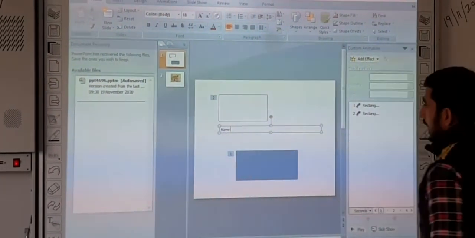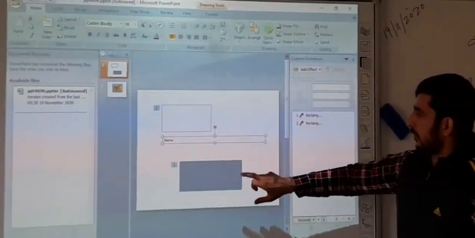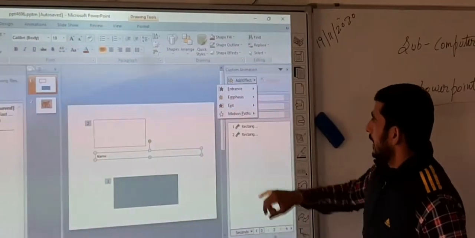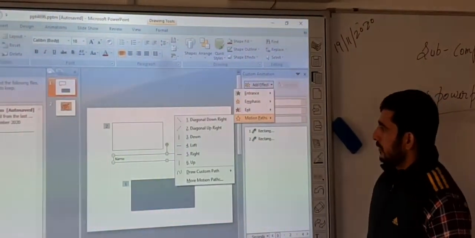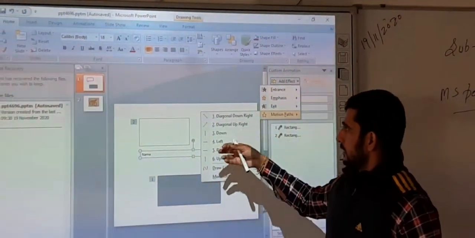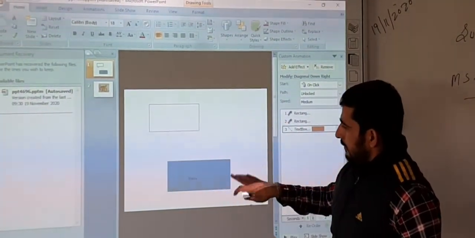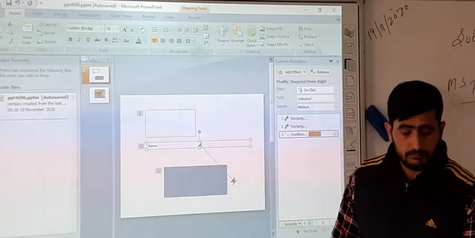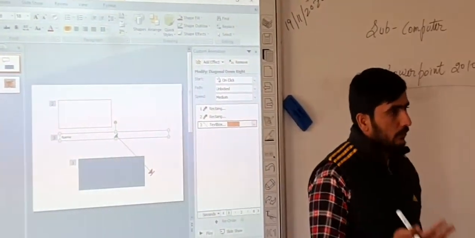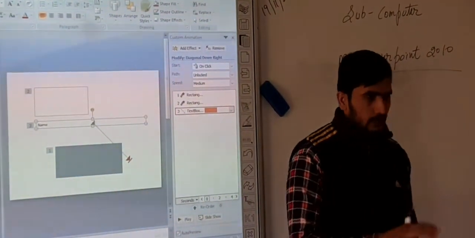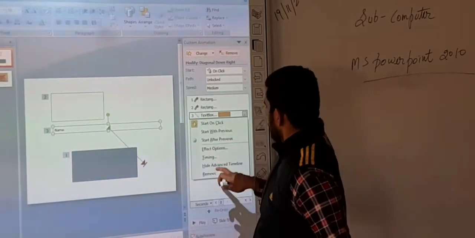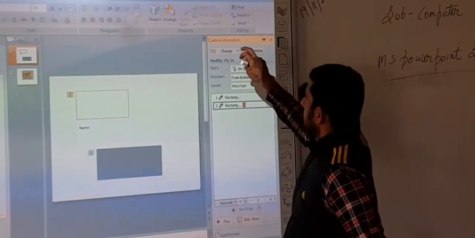So I want to apply the setting to these boxes also. So go to the insert, okay, and click onto the motion path. So motion path means it will automatically access by default where it should be placed. Okay, if you don't want this one placed, if you want to do other things.